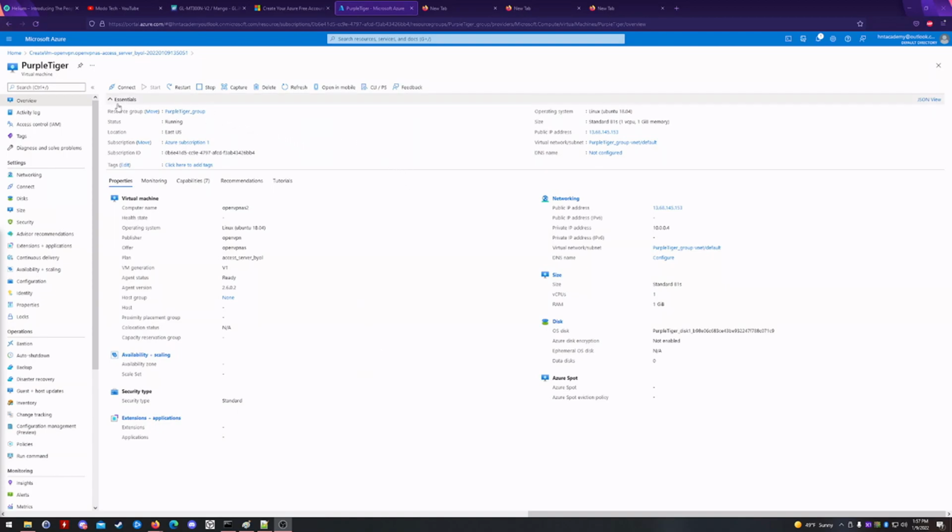Now this is our virtual machine page, and this is also where we get our public IP address. Go ahead and hover to the right of it, and you can see that it says Copy to Clipboard. If you click that, it will put it into your clipboard for you. Then go to Networking,